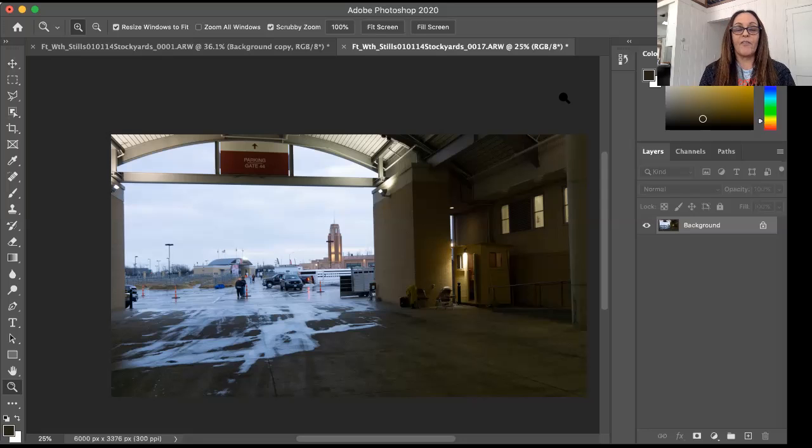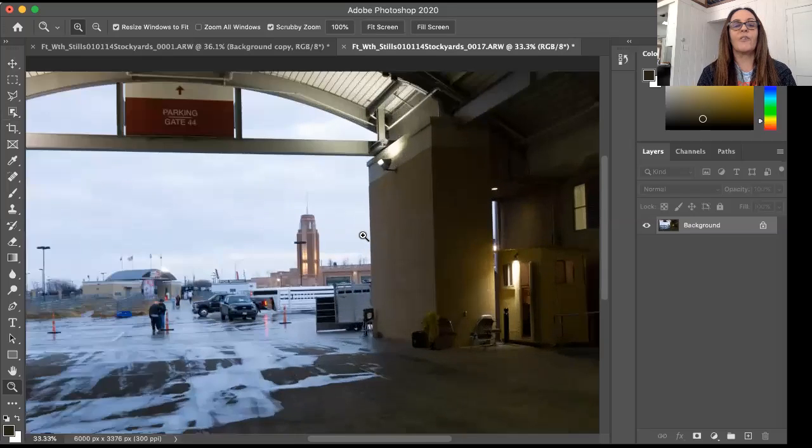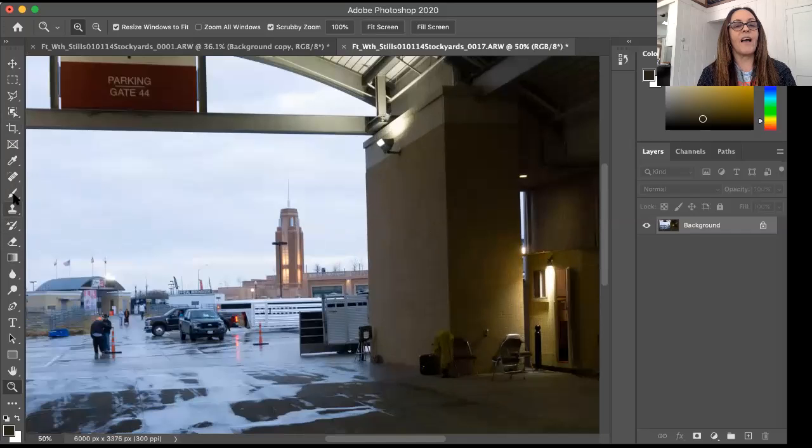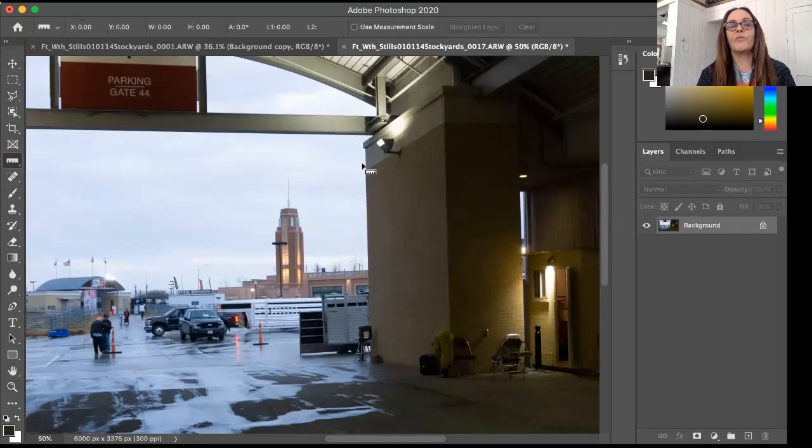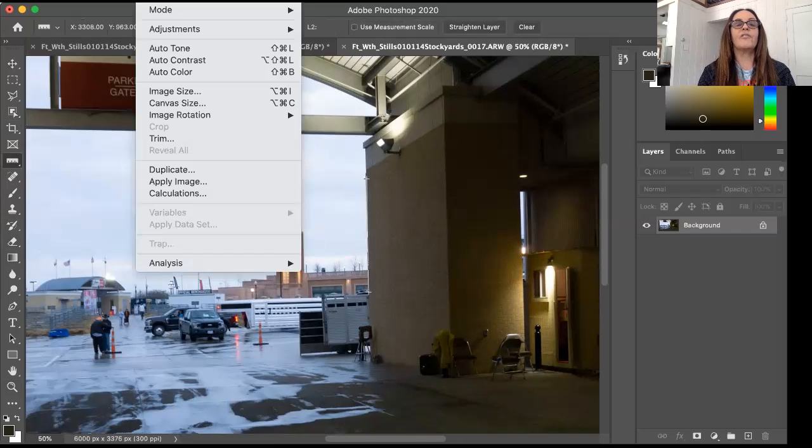Okay, so now the first thing we're going to do is straighten the image out. You can see it's a little bit crooked here and there. I'll show you. From where the eyedropper tool is, there's the ruler tool. You put it along something you know is more or less going to be straight, like a building. If it's not the Leaning Tower of Pisa, it's going to be straight. So there we go. We have this, okay, image